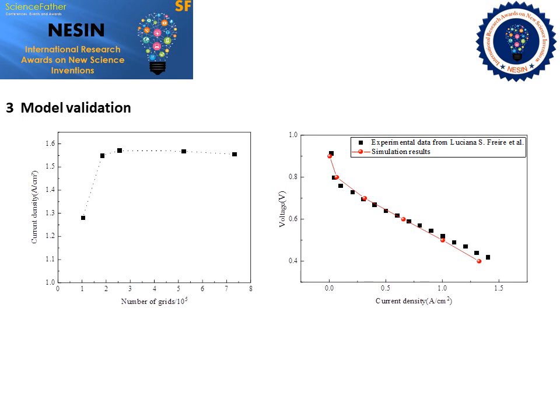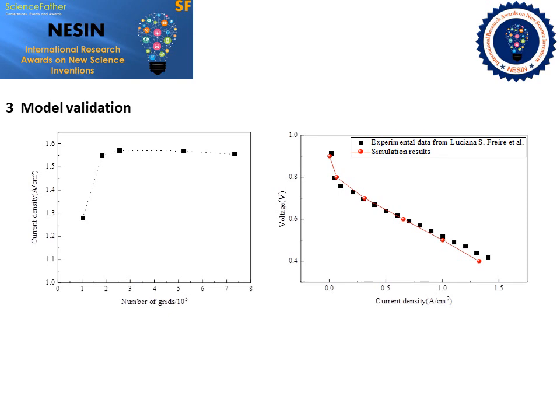Cell current density responds to the performance of the PEMFC during operation, and is one of the most important parameters of the PEMFC. Figure 2 shows the current density obtained by solving different grids